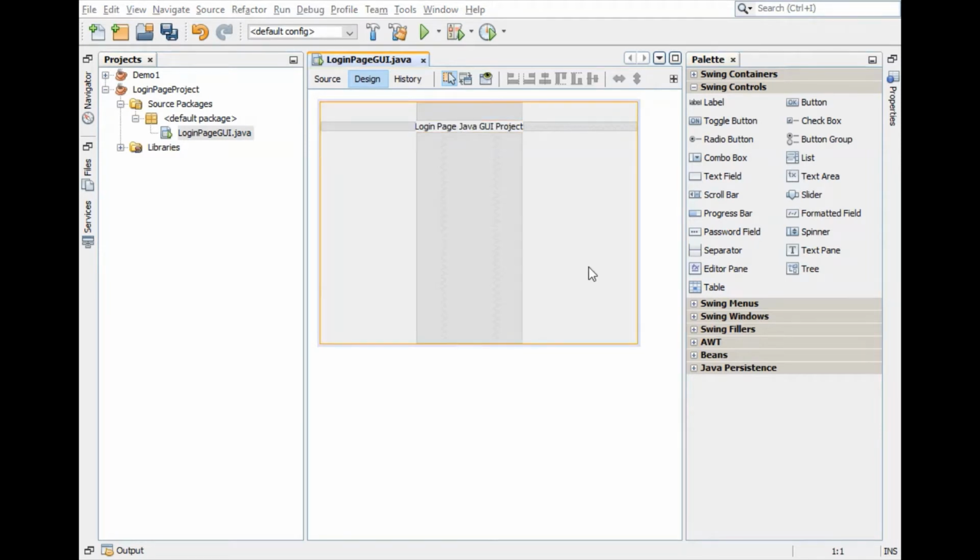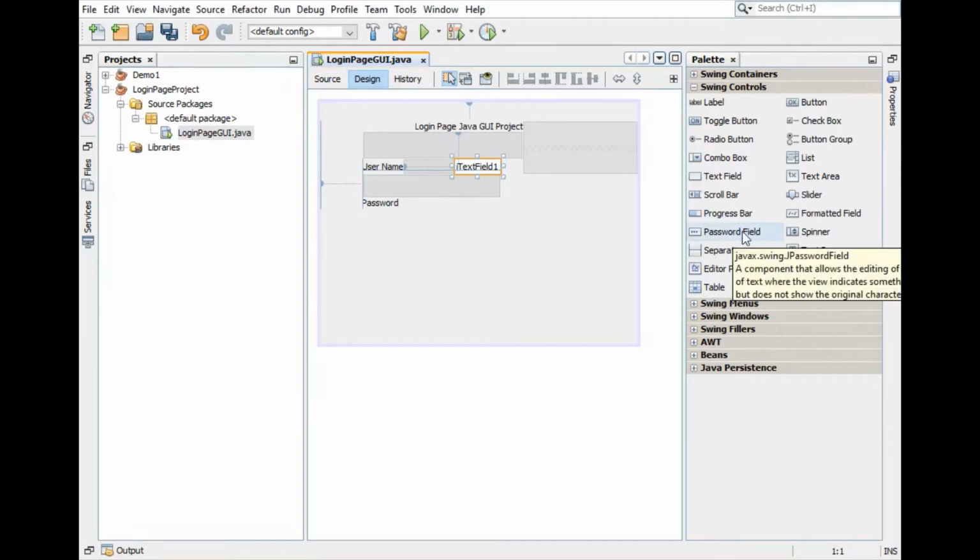Let's add other required components on the form. We need one label for username and one more label for password. So just rename it with username, and here this is password. Now we need two text boxes. First text box for username, and this time we want to read the password from the user, so there is a specific component related to password available which you can drag here.